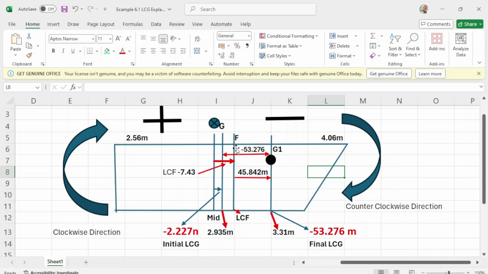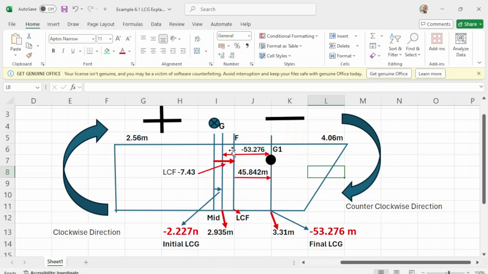When the LCF is behind your center of gravity, because you have the weight here, the tendency of this vessel is to sink down forward, because G is forward of the center of rotation. This is your tipping point, or your point of rotation.